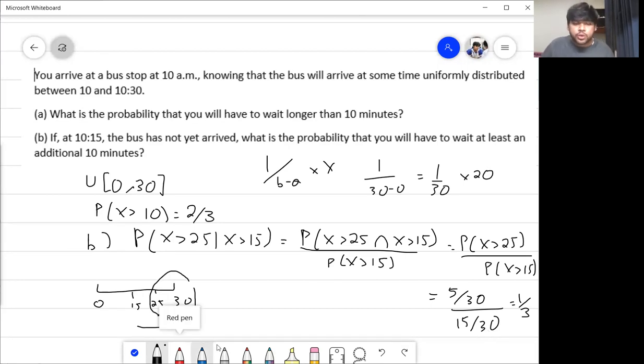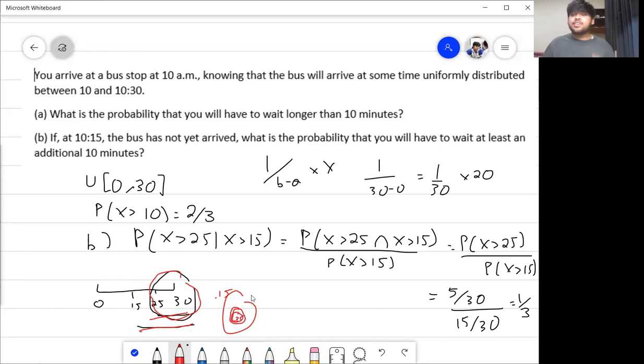It's essentially the only intersection point between these two conditions is just this range. I mean, no other values will come, right? Essentially it's a subset, right? This is 25 and this is 15, and you basically have to find the intersection of both, and in this case it's the entirety of x is greater